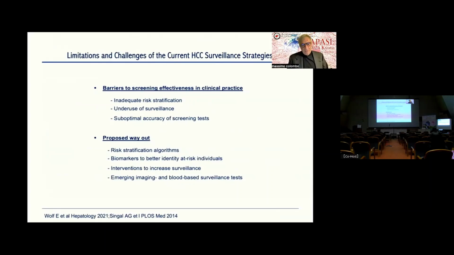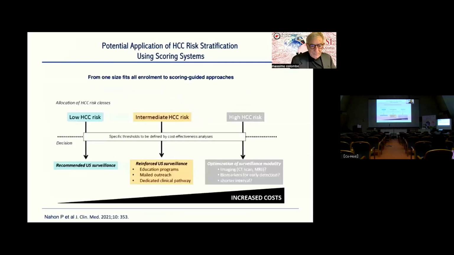In certain areas of the world, rules of surveillance also play a role. So the way out is developing re-stratification algorithms and developing biomarkers to better identify patients at risk of developing liver cancer. Dr. Nahon, some years ago, proposed such an algorithm. If we were to use appropriate means and obtain specific thresholds of HCC incidence that help separate low-risk population, intermediate-risk